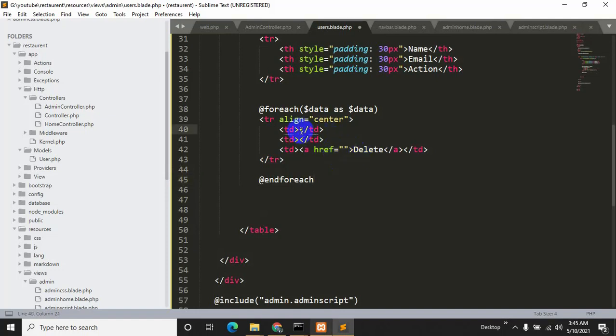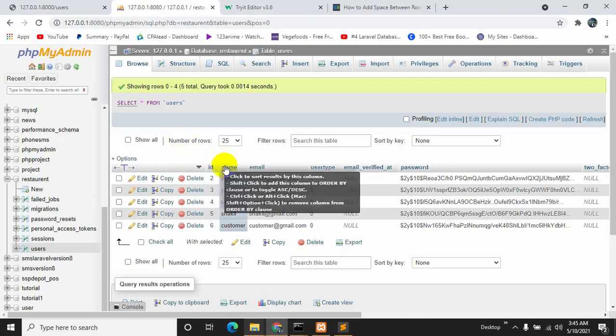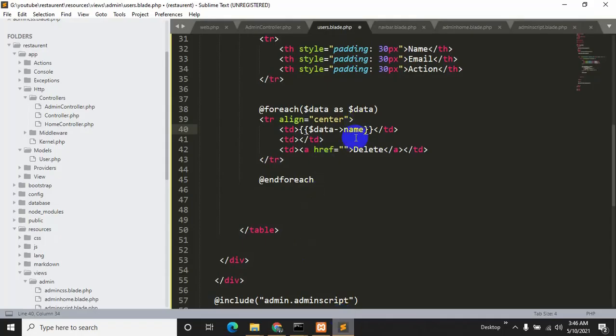Now inside it we'll give two brackets, and we'll say over here {{$data->name}}. This name is actually coming from our database. Here you can see name, email. So we'll write those things, name, and then after name we'll use email.